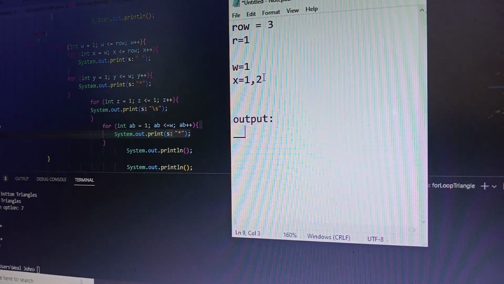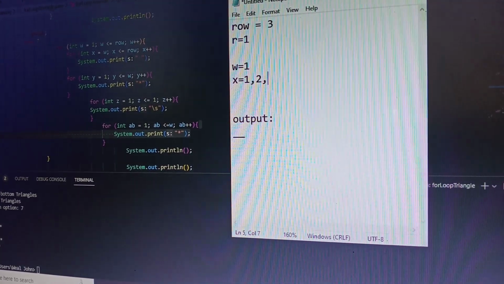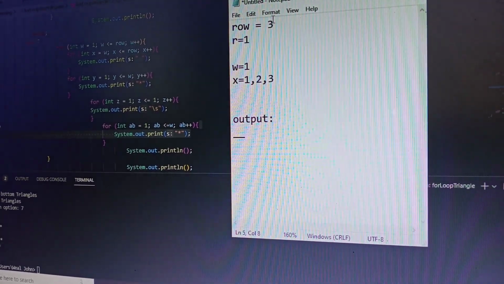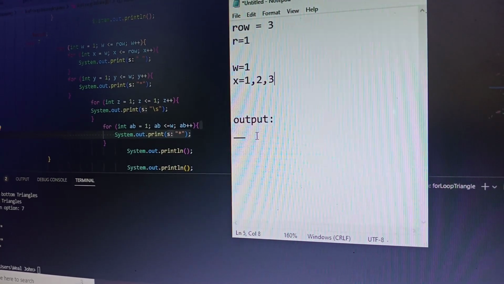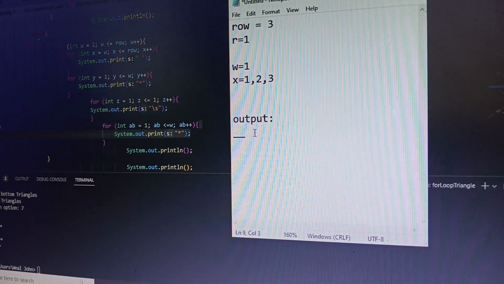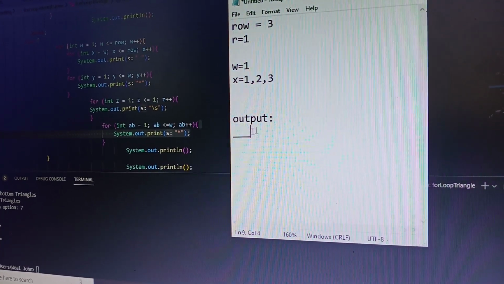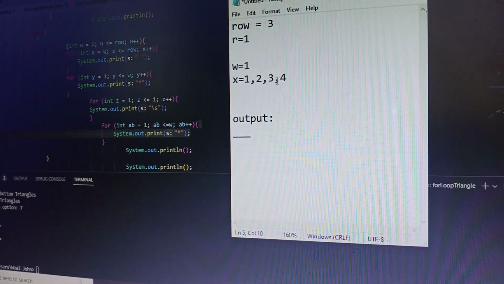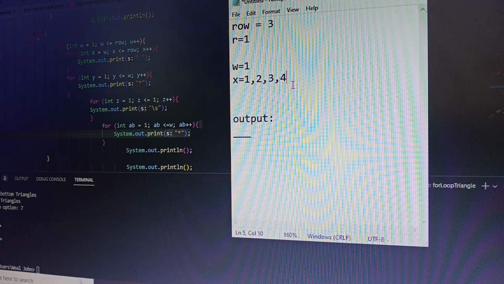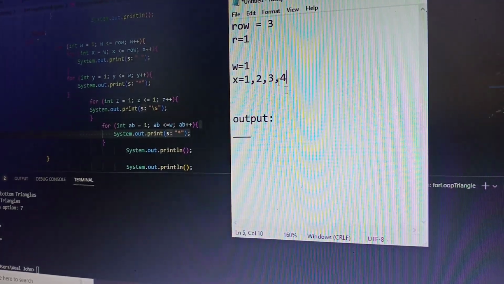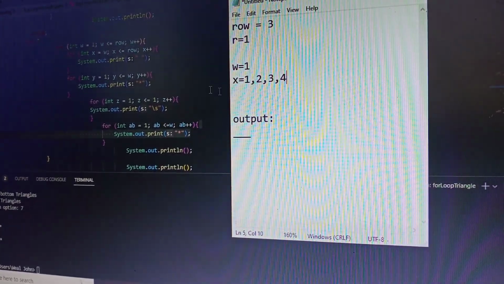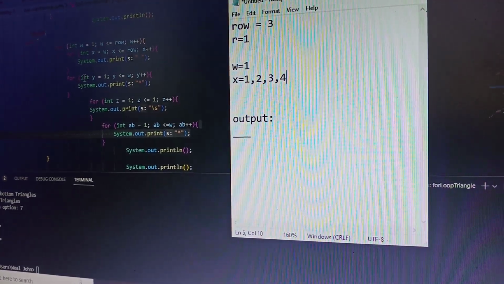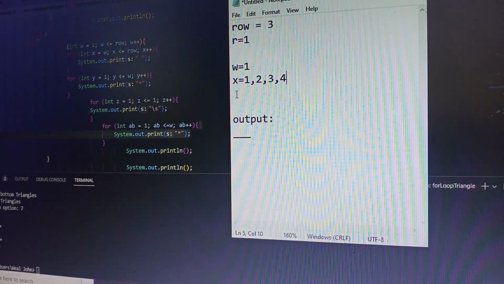Then increment: 2 will now become 3. Is 3 less than equals to 3, true, then System.out.print space. Then increment: 3 will now become 4. Is 4 less than equals to 3, false, then proceed to the next line, which is variable y